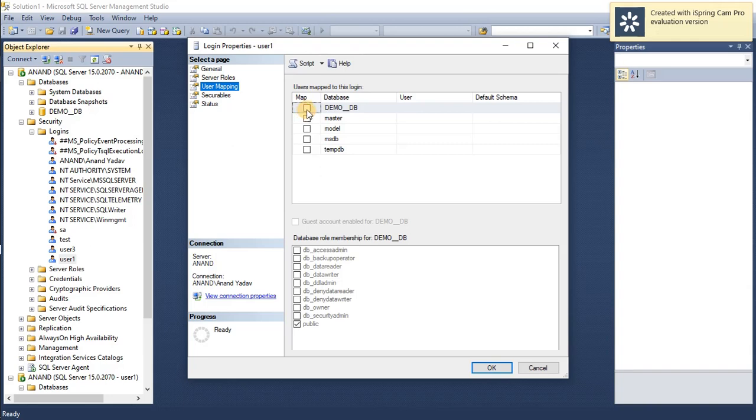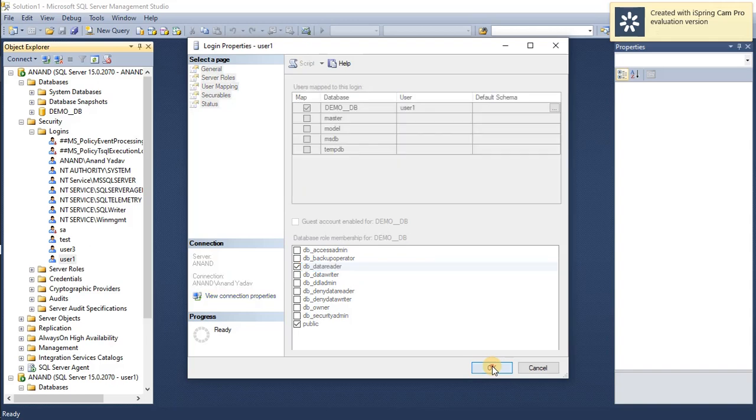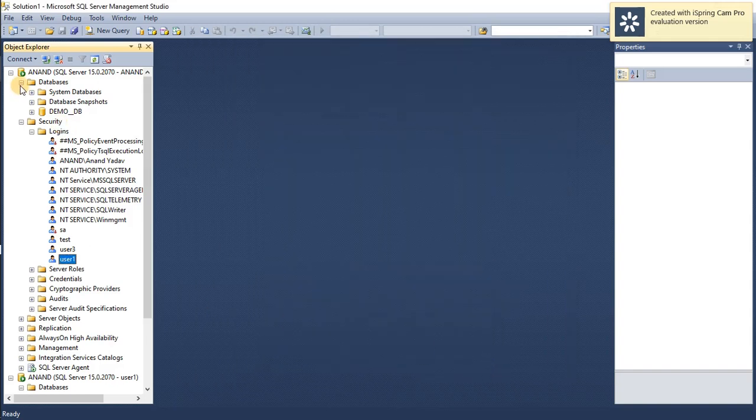So right now I will give access to demo_db, and for the type of permission, I will give him data reader permissions. This means he is able to see the tables and definitions.